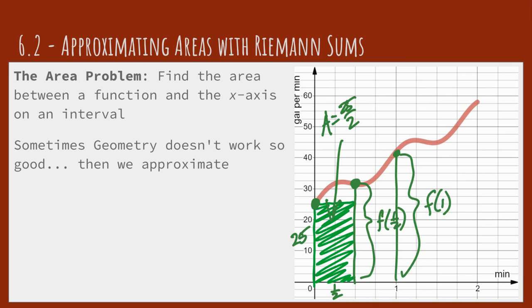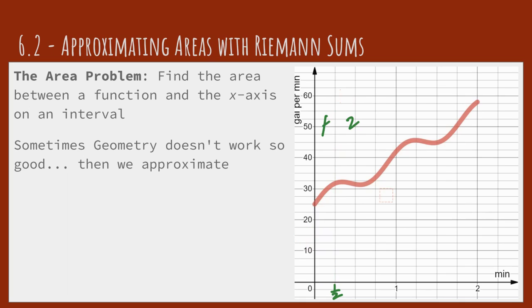So we can find the heights of rectangles by using the value of the function. Even though my approximation wasn't great, I can get a precise area for my approximation, at least by using the function itself. I can make this approximation better by maybe choosing a different point along the way. So instead of choosing a point on the left endpoint in this first subinterval, maybe we choose the right endpoint,